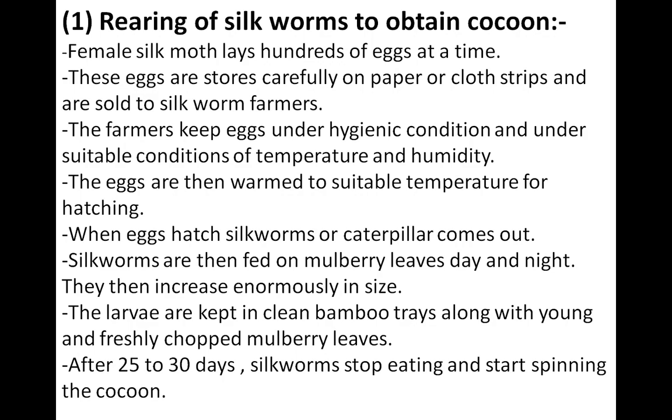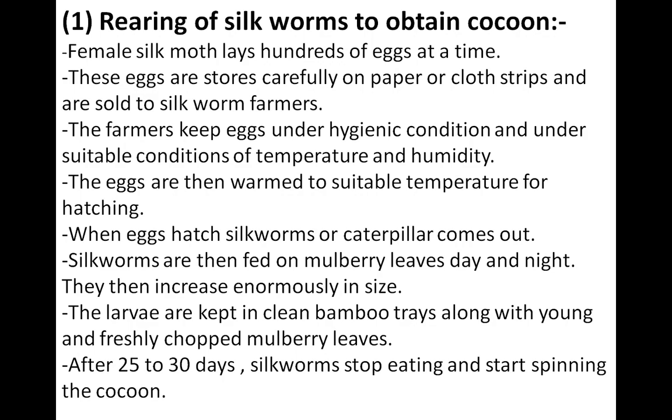And this process is done when the mulberry trees have a fresh crop of leaves, because these leaves are very important as they are the food of the silkworm. The caterpillar eats these mulberry leaves day and night, and then it grows in size. So if they are not eating the mulberry leaves, means if we are not providing the mulberry leaves to them, they cannot grow.